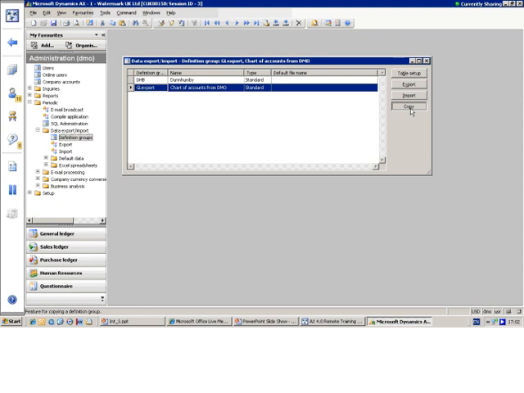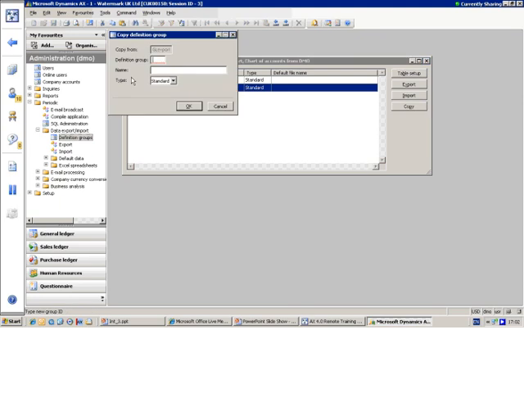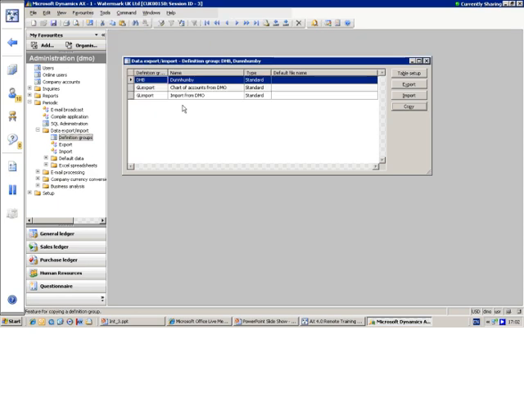So I will click Copy, and definition group will be GL import, and this will be import from demo. So if I click OK,